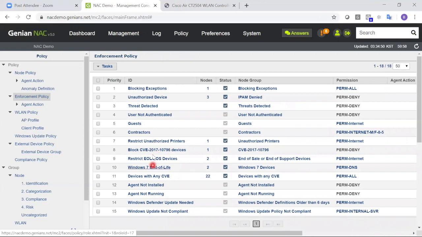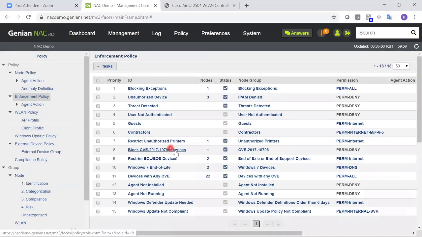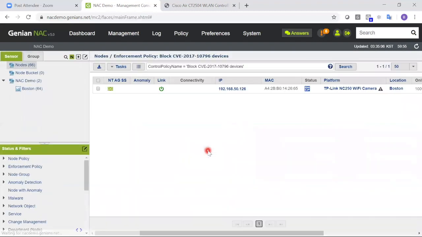And when we talk about the CVEs, that was another policy. We talked about a specific policy. This is a particular CVE, and I want to deny any devices that match on this policy that have that CVE. We see there's a device on the network that matches on this. So here's the camera that we looked at earlier. If we click on that,